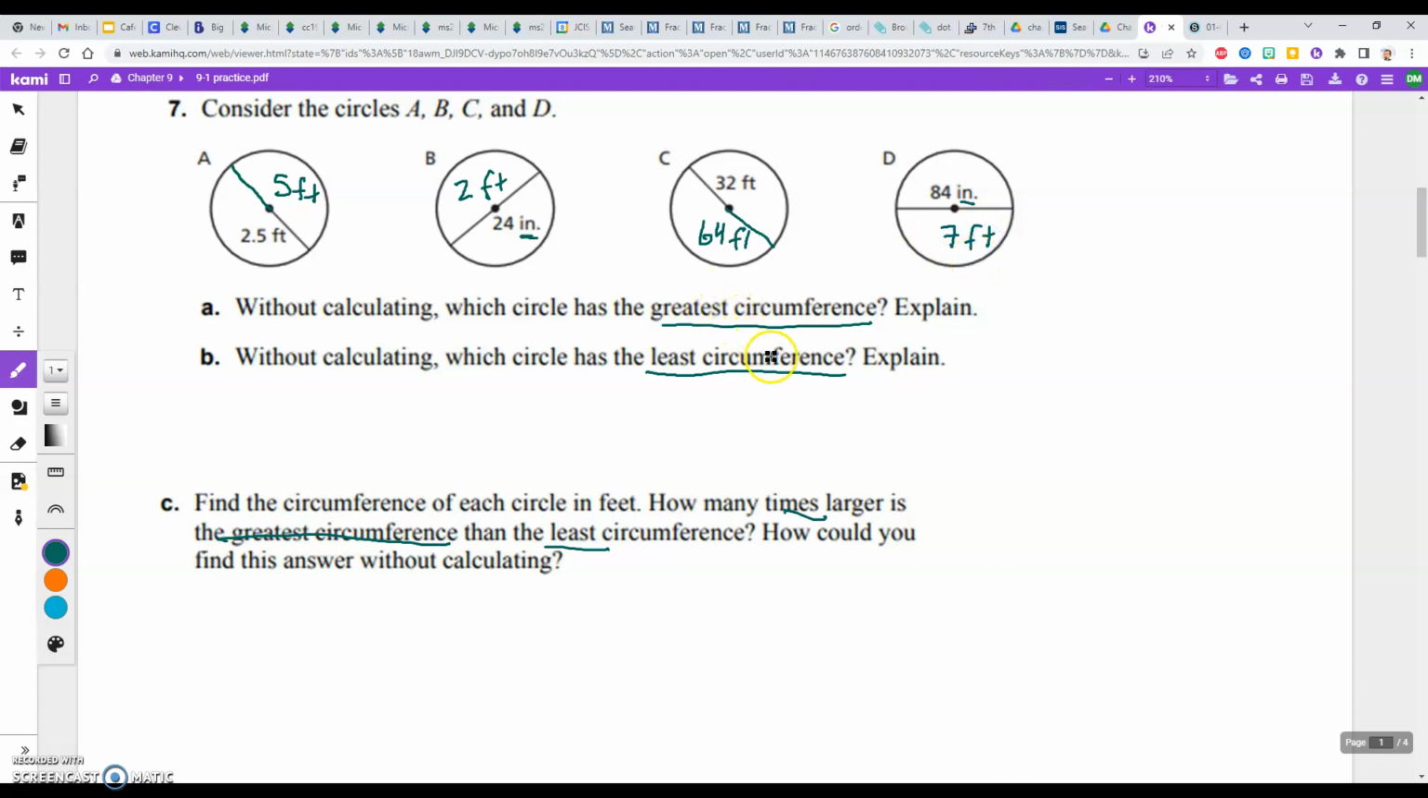And since circumference is based off of diameter, we know the one with the greatest circumference is C, because it has the